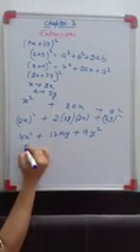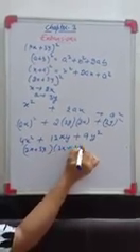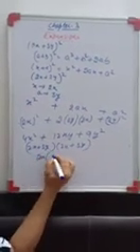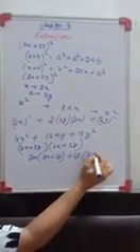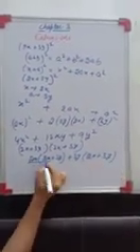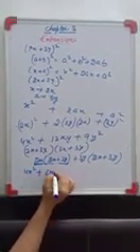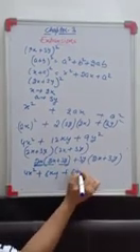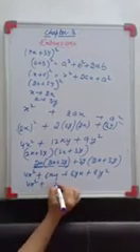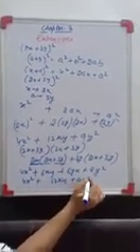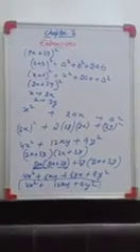Also you can do it by this method. (2x plus 3y) into (2x plus 3y). So 2x into (2x plus 3y) plus 3y into (2x plus 3y). 2x into 2x, 4x square. 2x into 3y, it will become 6xy. 3 into 2, 6yx, plus 3 into 3, 9y square. So 4x square plus 12xy plus 9y square. So whichever method you are following, you will always get the same result.